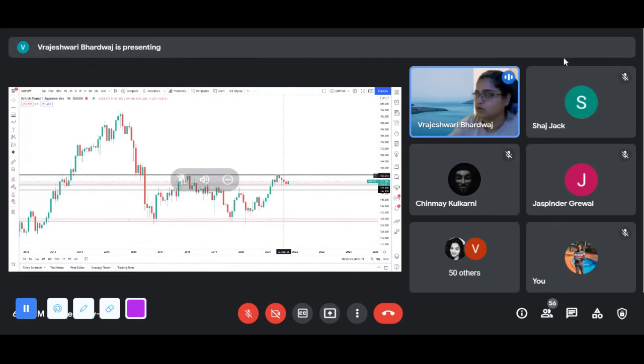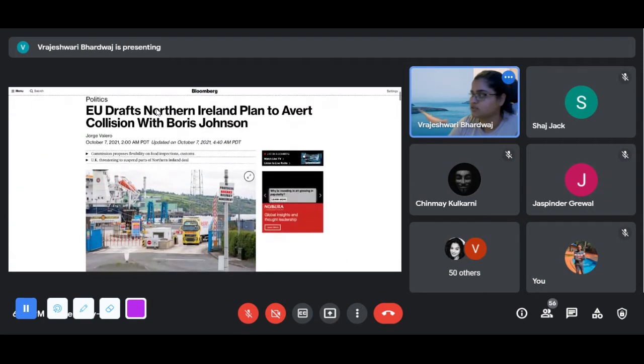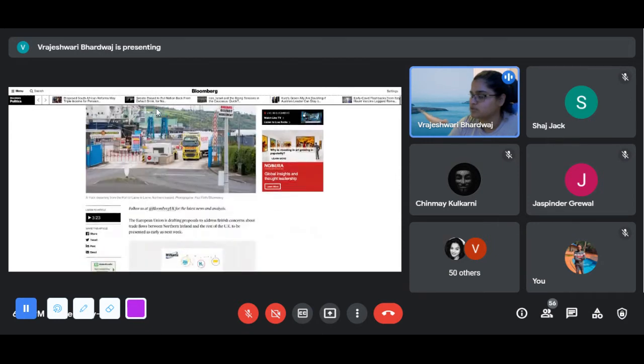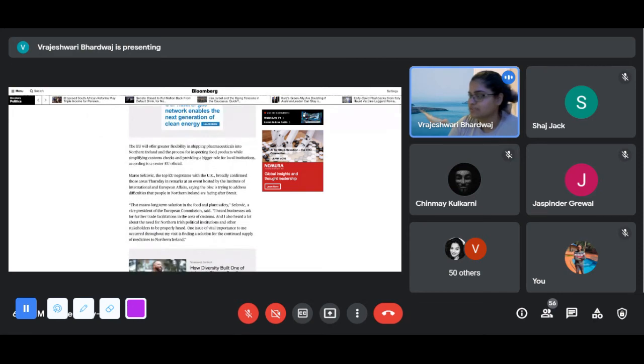What's happening with post-Brexit at the moment, this is another news that just came out today, where the EU drafts Northern Ireland plan to avert collision with Boris Johnson, and they're going to talk about this early next week. So they're drafting proposals to address the British concerns about trade flows between Northern Ireland and the rest of the UK. And because of this issue, the UK said that they were going to invoke Article 16 if,